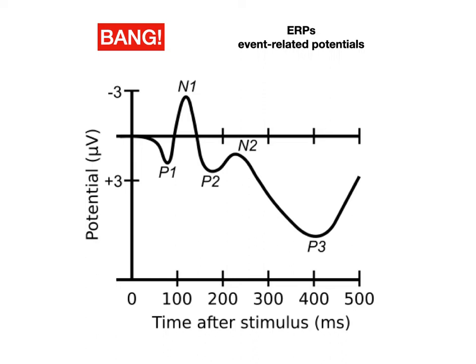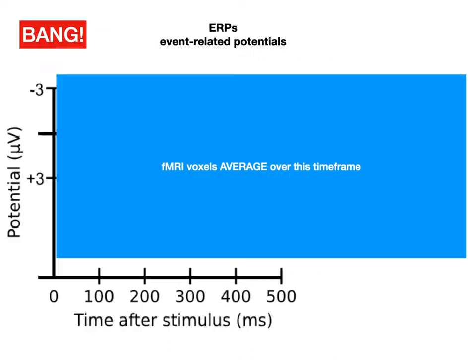Because all an fMRI is able to measure, even though it's able to isolate down to very specific areas in the brain, is one block of averaged activity over twice this span. I couldn't even fit it on the slide. Twice this time, right? The entire ERP event, the interesting stuff, all the little spikes and peaks and valleys, gets smoothed out. It cannot be measured by something that doesn't have sufficient temporal resolution. So that's why it's such a key concept to think about while we consider these